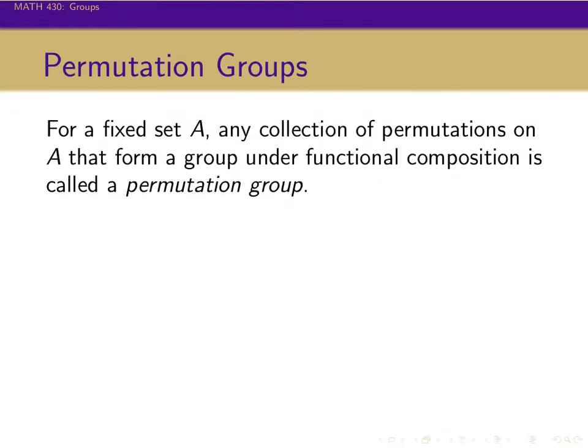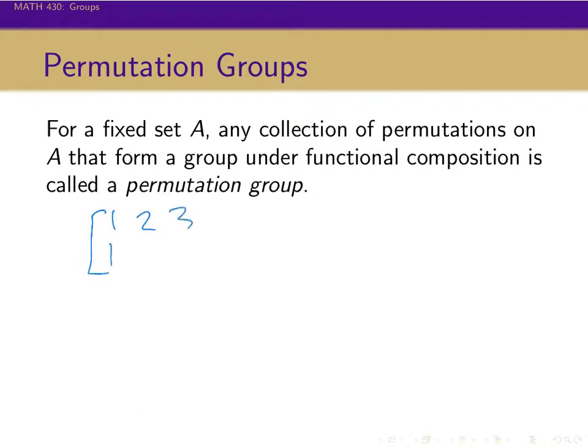So more broadly speaking about permutation groups, if we have our fixed set A, any collection of permutations on A that form a group in and of itself, it doesn't have to be all the permutations, so some subset of all the permutations that itself forms a group under composition, we're going to call that a permutation group. So if we're looking back at S3,